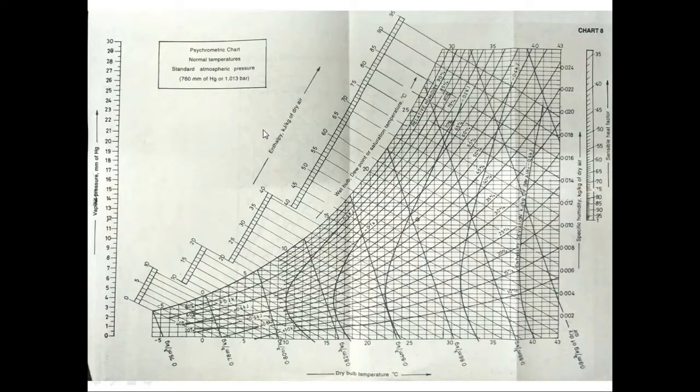The second chart is also a psychrometric chart, and it is by R.S. Khurmi. Again, you can see that we have dry bulb temperature and specific humidity, which in this case is in kg per kg of dry air, so the values are 0.002 and so on. We have the saturation curve, the enthalpy scale, wet bulb temperature, dew point, sensible heat factor and vapor pressure. Here it is written that it is for standard atmospheric pressure, that is 760 mm of Hg, or we can say 1.013 bar.